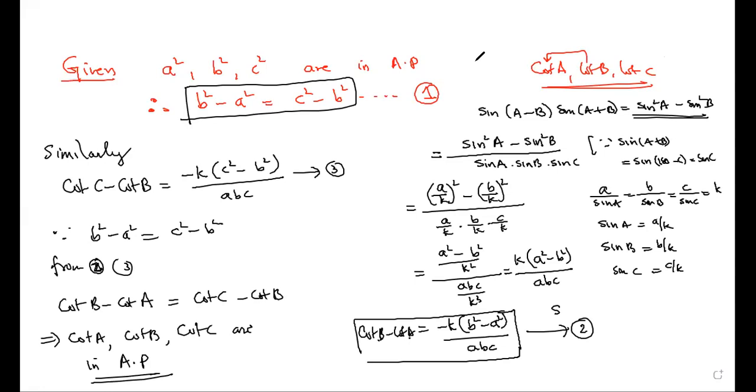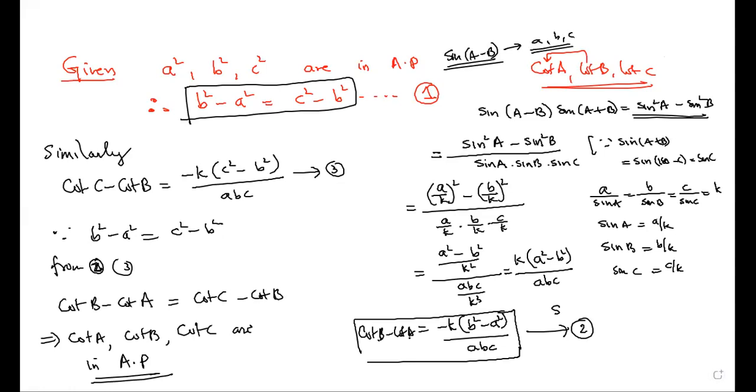Here, what are the things you should remember? Whenever you come across sine A minus B, multiply and divide by sine of A plus B. This idea you should not forget. It's a very tricky idea. Once you do that, your answer will come back to ABC. You will apply this whenever you want to convert it back to ABC.